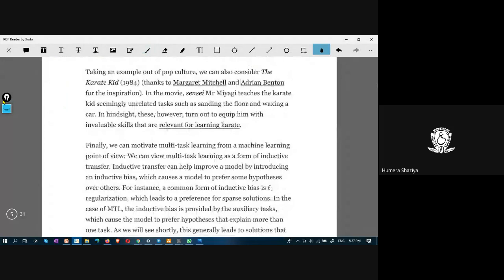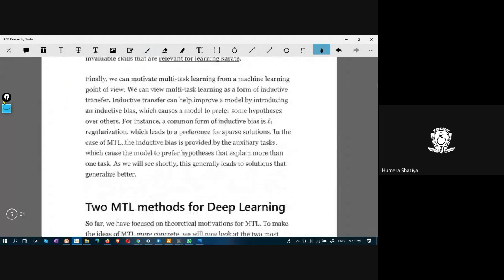All right. Then there is this example. We can view multitask learning as a form of inductive transfer. Inductive transfer helps to improve the model by introducing inductive bias, which causes the model to prefer some hypotheses over others. And inductive bias is L1 regularization.